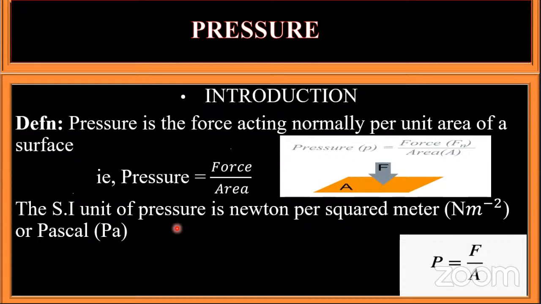Just like any other physical quantities, which have different units also, pressure also has other units. We know the unit of length is meters. But length can be measured in millimeters, in kilometers, in decameter, in hectometer, and so forth. Pressure, the unit is newtons per meter squared or pascal, but it can also be measured in